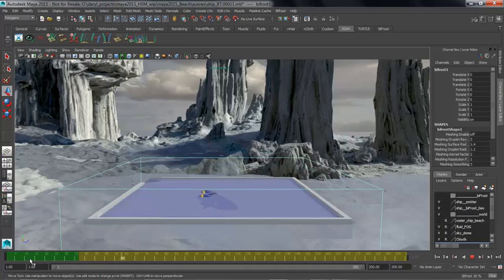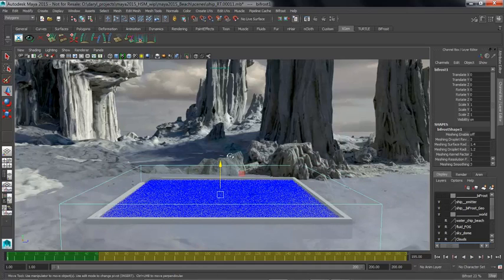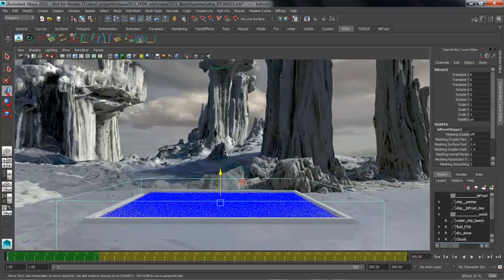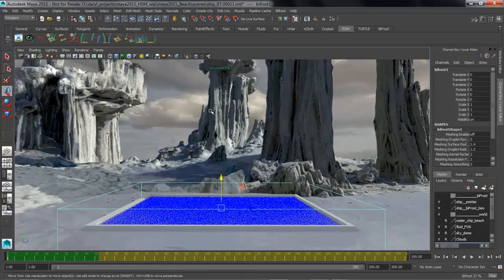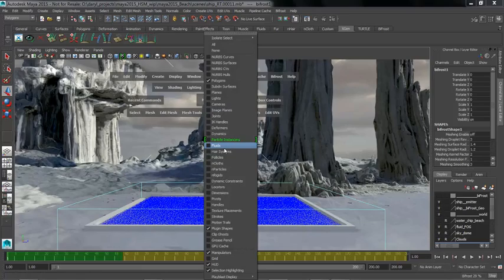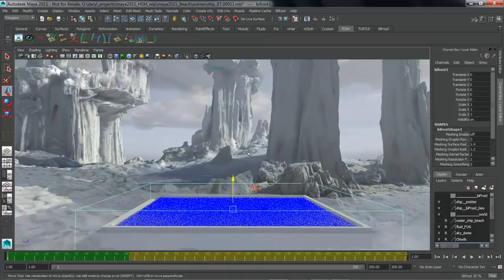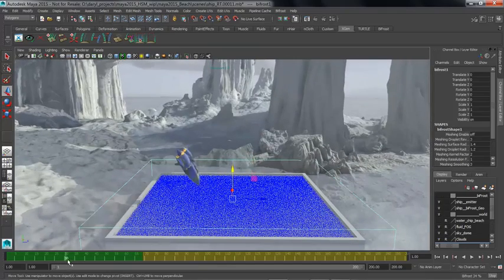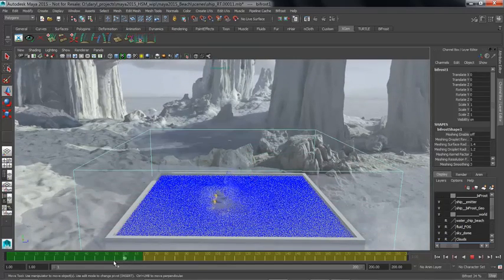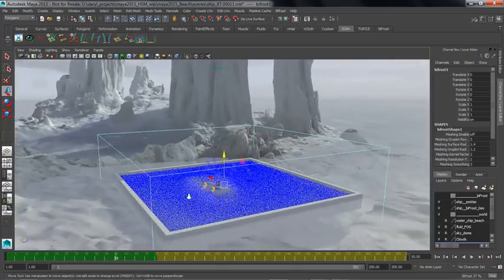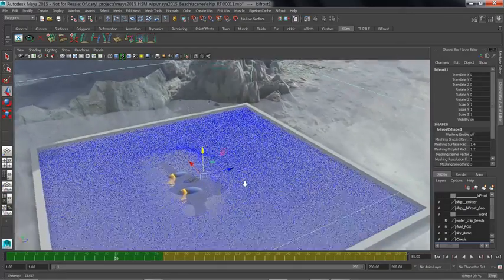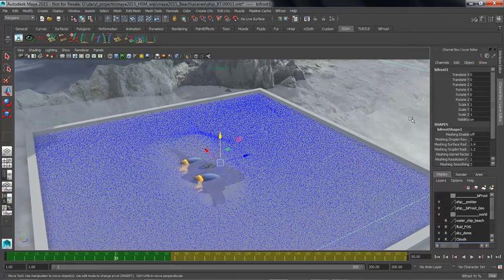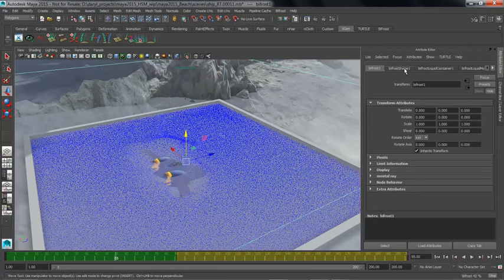So as my sim is updating here in the background, I can begin working on top of it. Because it's decoupled from Maya and it's a completely independent process, it allows me to go in here and start doing other things. I could be modeling, or I could be doing look dev on the environment. So let's go ahead and turn on some classic Maya fluids to get some hazy environment effects happening. After I've got some frames queued up, I might go into the options for the way we display those in Viewport 2.0 and start modifying those so that I can get a better sense of how that simulation is actually moving around. So let's bring up the attribute editor and dive into the Bifrost